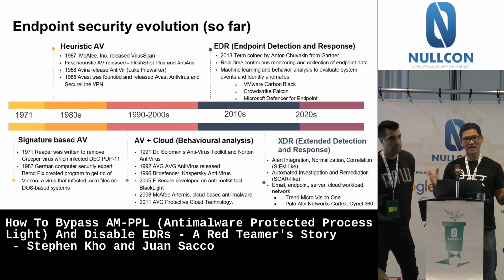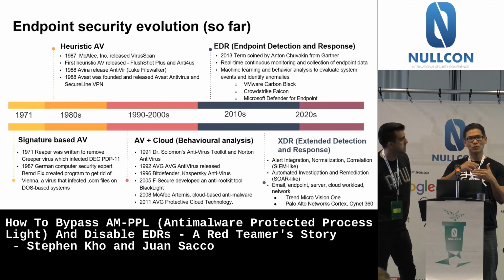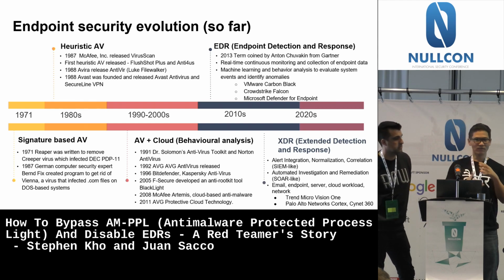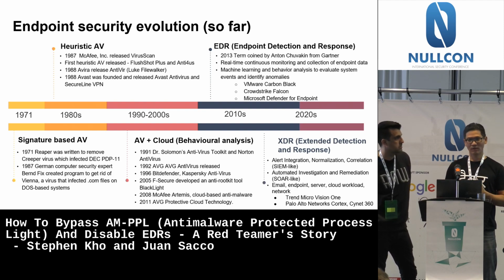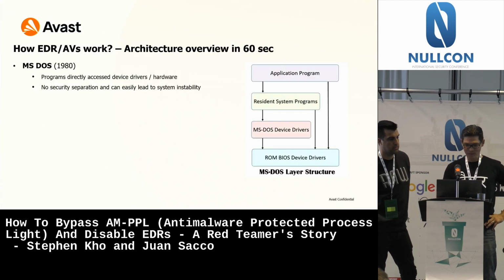So the scope of detection has become a lot bigger. But also with XDR, it's using SIEM-like detection rules and correlation, but also security orchestration and action, and remediation. So it has rules to do automatic remediation, shutting off affected clients, for example. XDR is continuing to evolve, and if you Google that, you'll see people like Trend and Palo Alto saying, hey, this is the next best thing. Right, so that's a quick history.